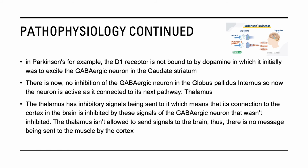So it's going to release GABA neurotransmitters that are inhibitory to the thalamus, because this GABAergic neuron was never inhibited by the GABAergic neuron in the caudate striatum that was supposed to be excited by dopamine. But because Parkinson's is occurring, you don't have dopamine, so you can't excite the GABAergic neuron in the caudate striatum, which again leads to no inhibition of the next neuron in the globus pallidus internus. So now the neuron again is active and it's ready to release these GABA inhibitory neurotransmitters in its next pathway,